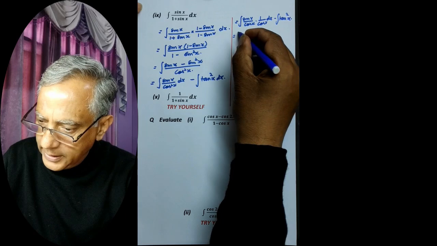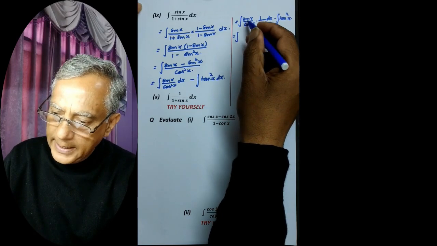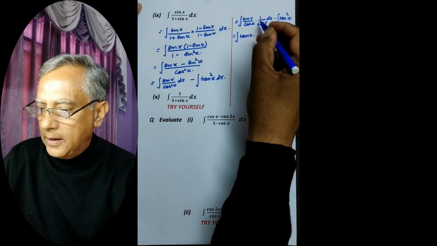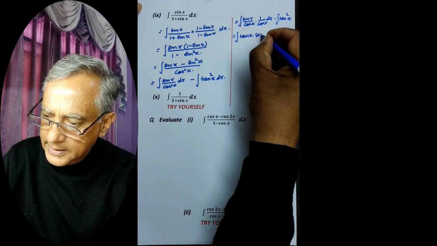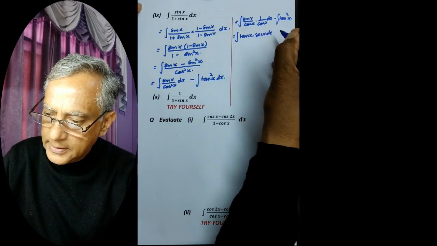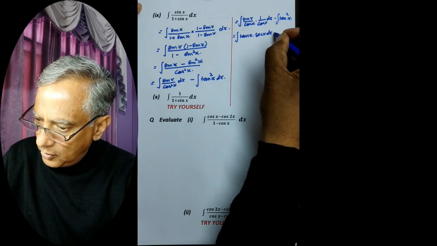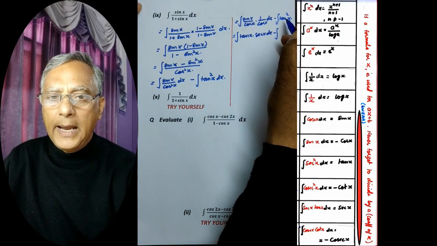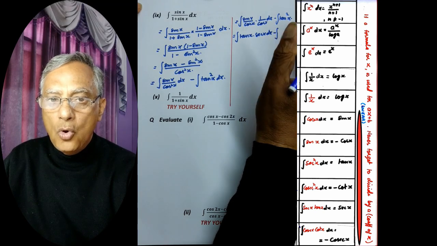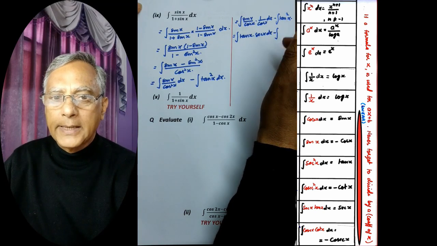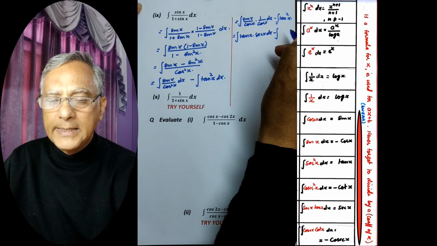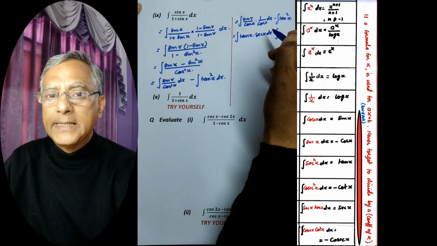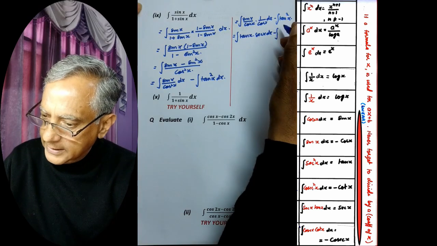This is equal to integral of sin x over cos x is tangent x, and 1 by cos x is secant x dx. Now integration of tan square x is not known, but we know integration of secant square x. Integration of secant square x is tangent x, because differentiation of tangent x is secant square x. So we can write this as